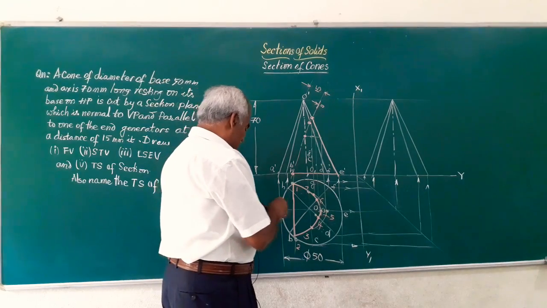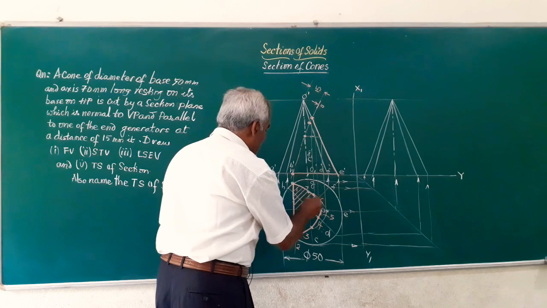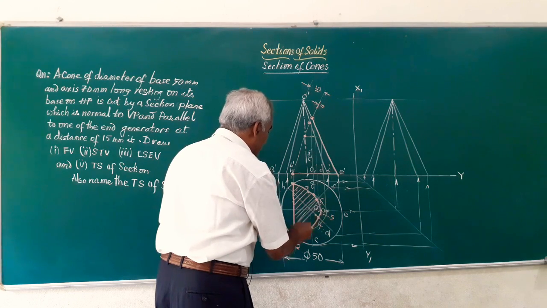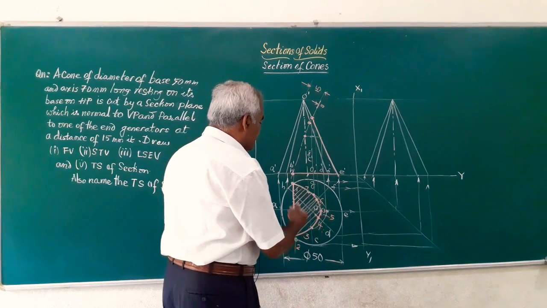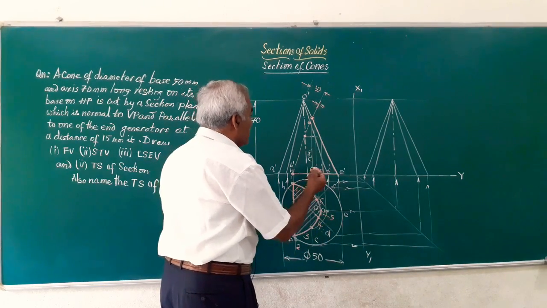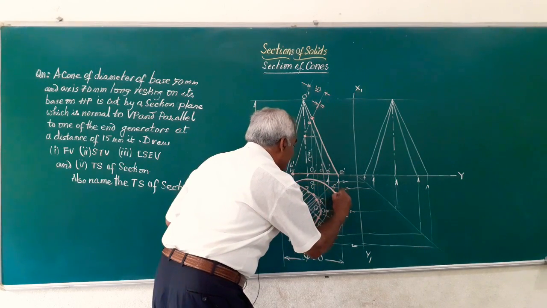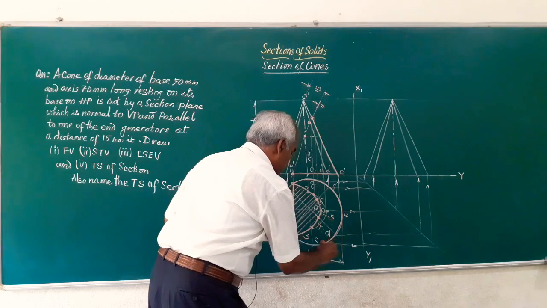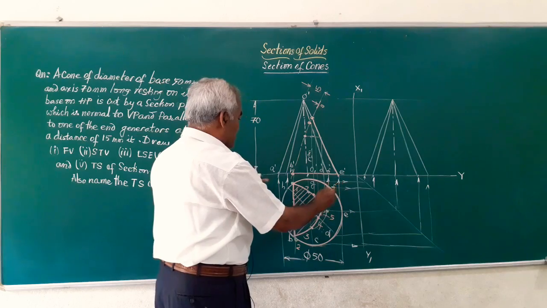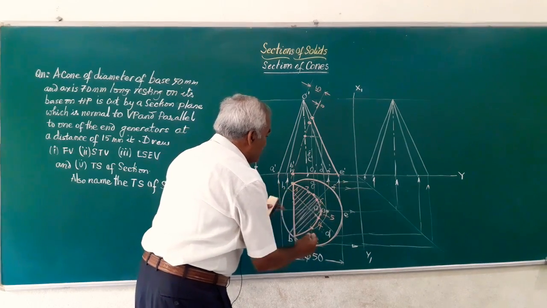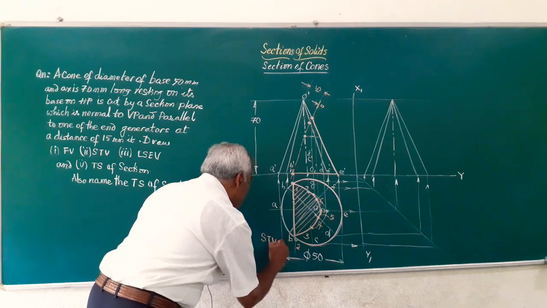I am going to section this part of the solid by drawing the section lines at an angle of 45 degrees to the horizontal. So, friends, this is the view you have got. Here the retained portion I am going to show by a dark line or visible line. So, friends, here whatever the part you have got below this, including this curve, is the sectional top view, which I call it as STV.